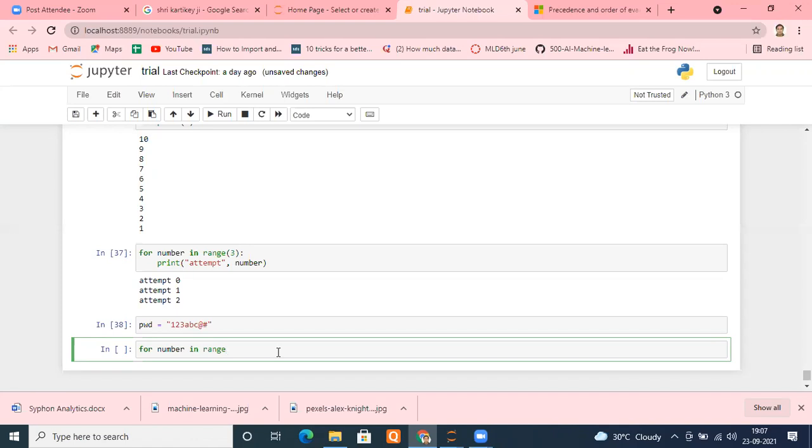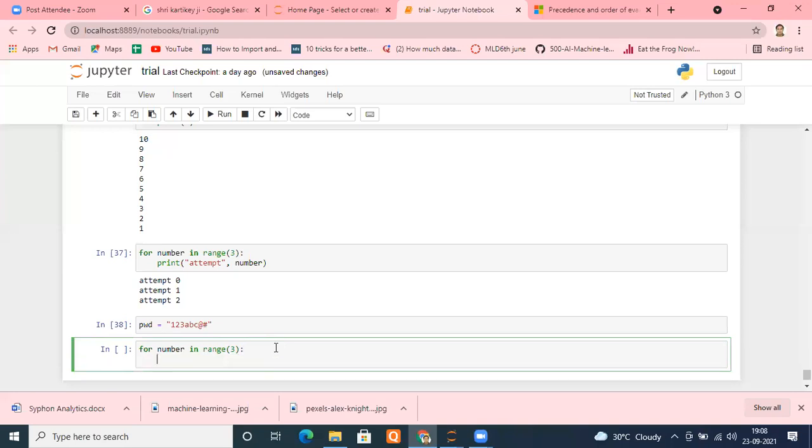So what should I write inside the range function? 2? No. If I write 2, it will give only 2 attempts. 4? 3. I have to write 3. Exactly. 0, 1, 2. Or there is a different way also. You can write 1, 4 as well. It will work, right or wrong? Yes, sir. It will give the numbers 1, 2, 3. It's entirely your choice. Okay. So I'm putting here 0, 3.